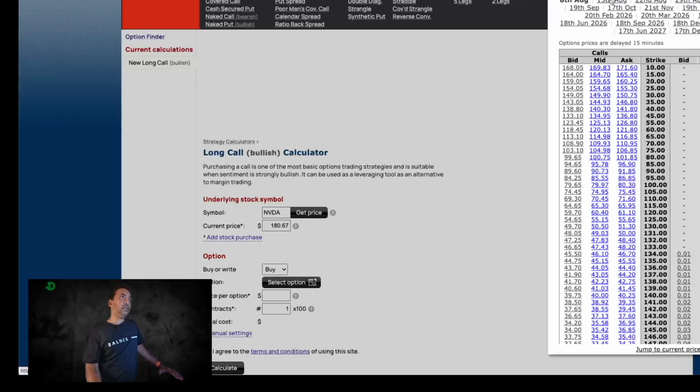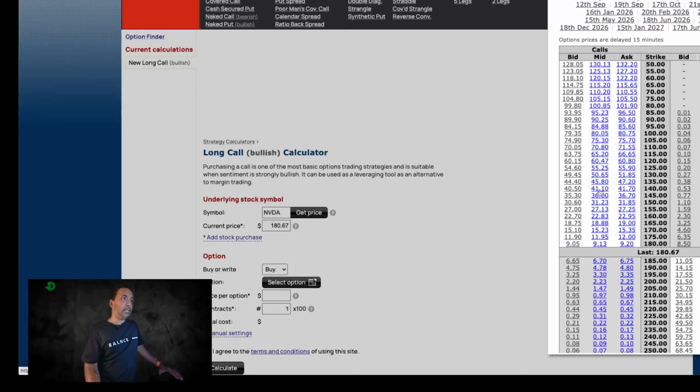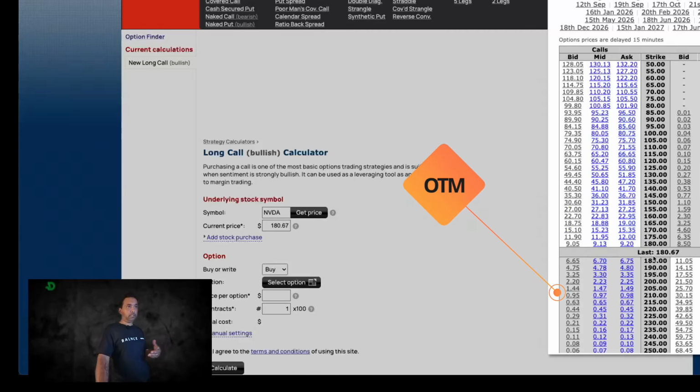So let's say we are going for, right now when I'm recording, the 29th is about 25 days out. So I'm just gonna select that, and then whatever you see on this side, they are the call side, and this right hand side what you see are the put side. Okay, and in the middle is the strike price. So whatever you see below that, they are out of the money because they are more than the spot price. Okay, and whatever you see here on the top, they are in the money because they are less than the